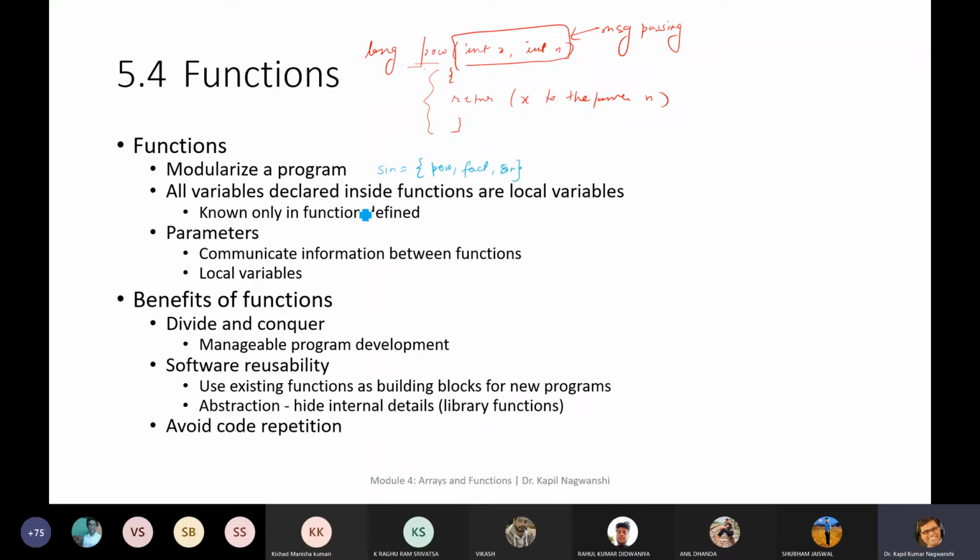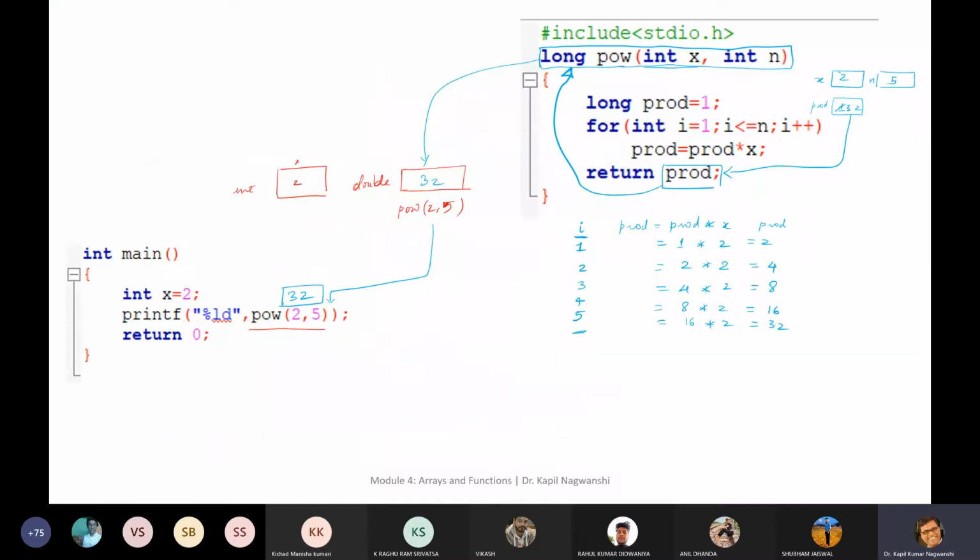All variables declared inside functions are local variables. It simply means that whatever variables are there, you cannot access them here. Only accessible is this return value, because this return value returns at this place and comes to memory, and finally we can access this return value.